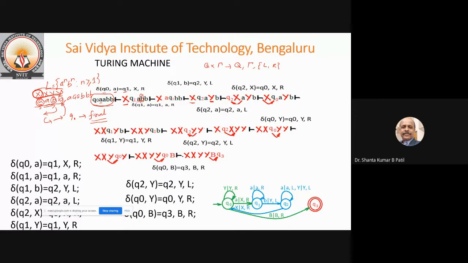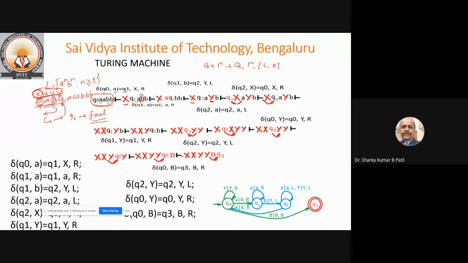Whenever it is in q1, it moves toward the right side in search of the equivalent symbol for this A. The equivalent symbol for this A is a B. Once it comes across the equivalent symbol B, B is replaced by Y and it changes the direction. It was moving toward the right side, and whenever it comes across the equivalent symbol B, it changes direction from right to left, and the state is changing from